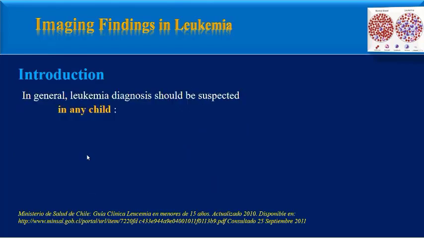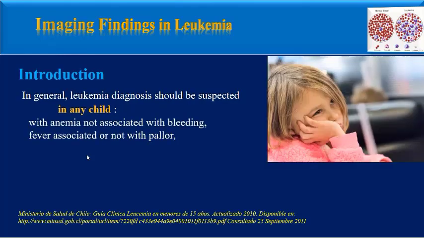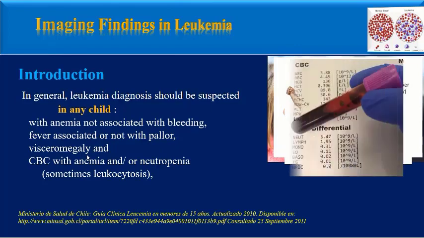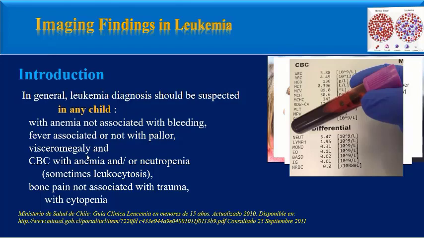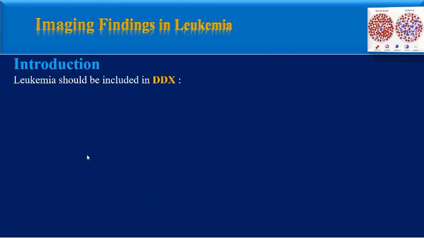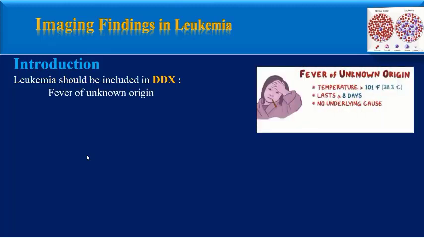In general, leukemia diagnosis should be suspected in any child with anemia not associated with bleeding, fever associated or not with pallor, organomegaly, CVC with anemia and/or neutropenia and sometimes with leukocytosis, bone pain not associated with trauma and sometimes associated with cytopenia. Leukemia should be included in the differential diagnosis of fever of unknown origin, bone pain not associated with trauma,